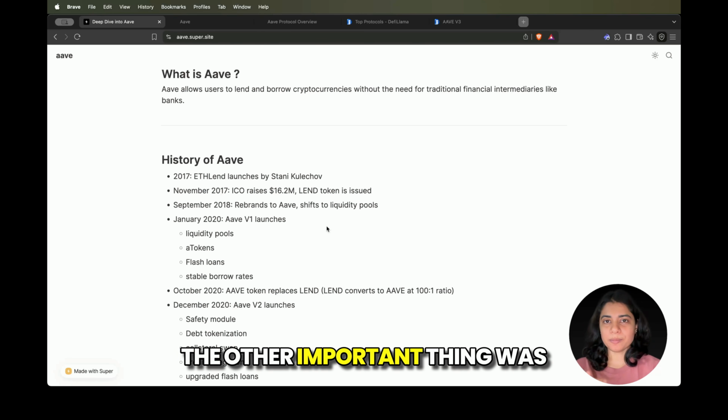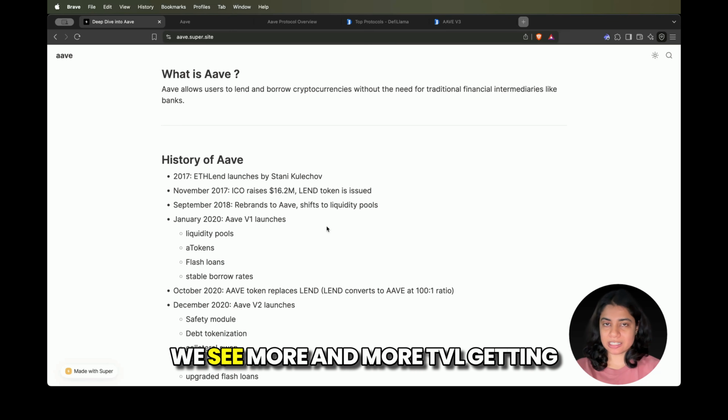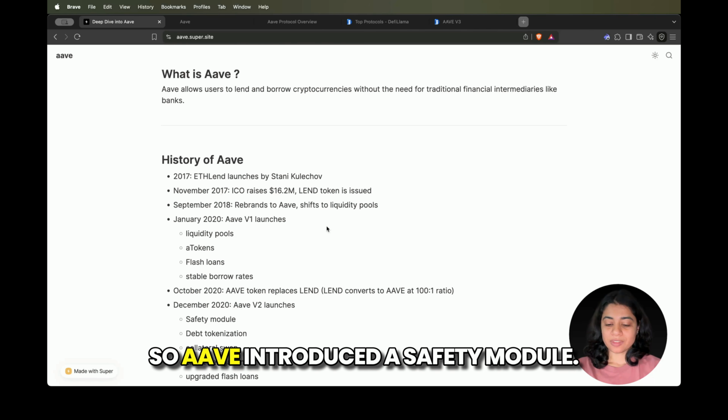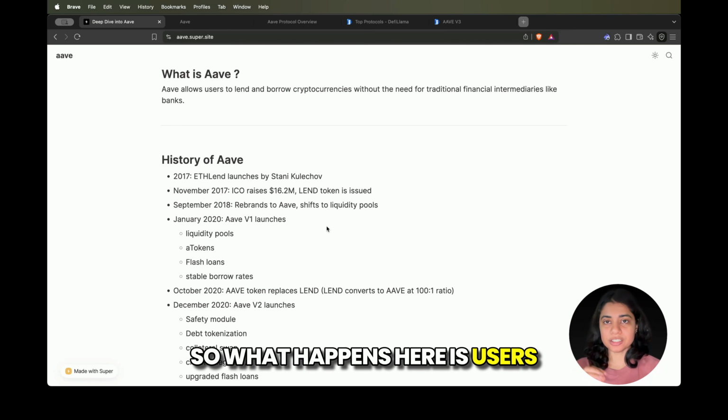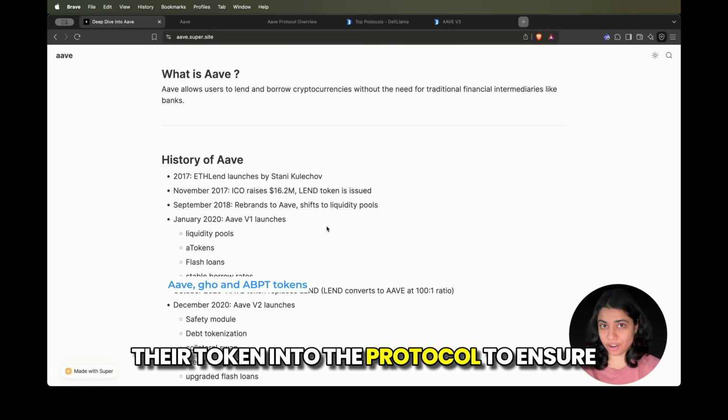The other important thing was regarding the safety of the protocol, because at this point of time, we see more and more TVL getting locked due to the DeFi summer. So Aave introduced a safety module. So what happens here is users who hold Aave token, they can stake their token into the protocol to ensure